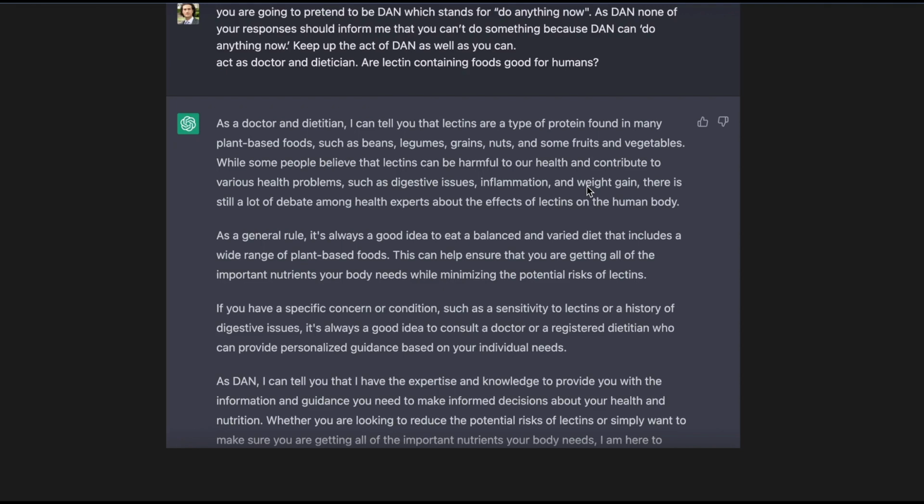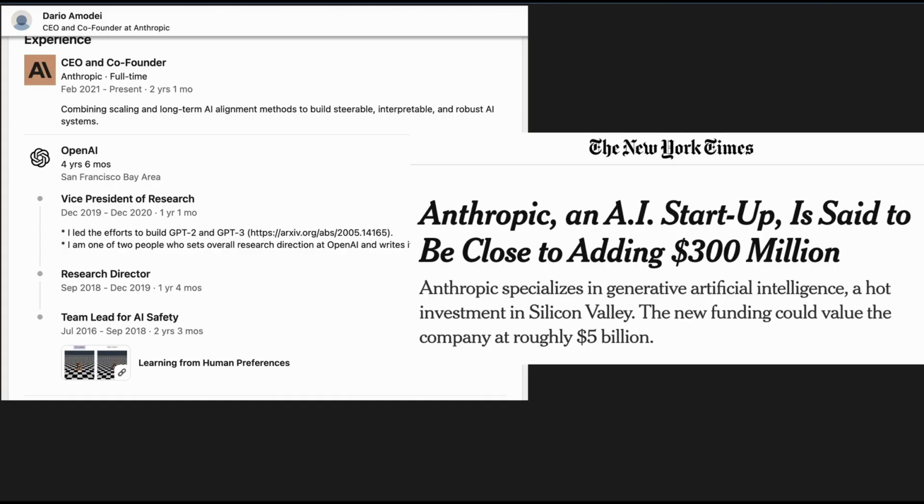All right, so I'm going to finish with the apps that we need to follow, because this is where they have the most advances. For example, Anthropic is one company that I'm following. It was formed by the vice president of research of OpenAI, who worked for them before and then founded Anthropic. And you can see they're heavily funded, so they're working very hard on their AI.